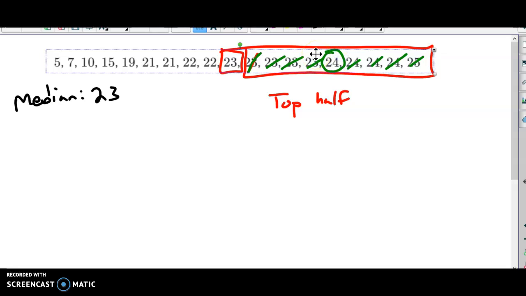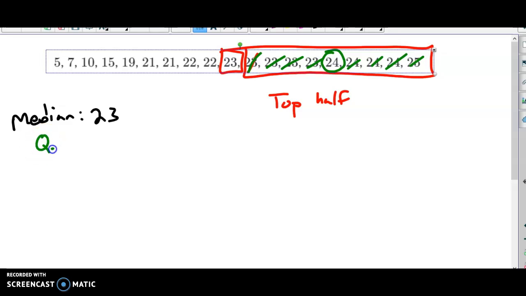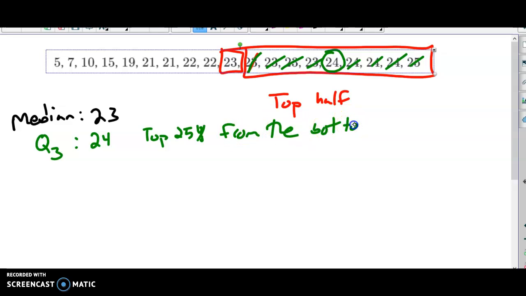And so he's going to be my backside. This one right here, that quartile 3 is 24. And 24 separates the top 25% from the bottom 75%. So if you got a 24 or above on your driving test, you scored in the top